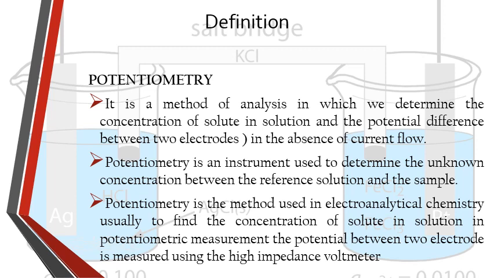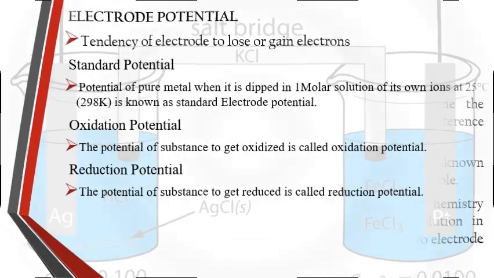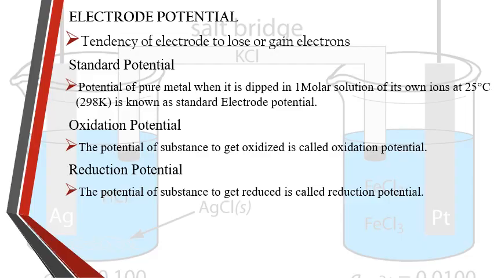In potentiometry, we measure the concentration of solutes by determining the potential difference between two electrodes when there is no current flow. This method is highly sensitive and it's used to gauge the concentration of an analyte in various solutions. Potential is the tendency of an electrode to lose or gain electrons. This concept is central to understanding how potentiometric measurements work, as the potential difference between electrodes reflects the concentration of